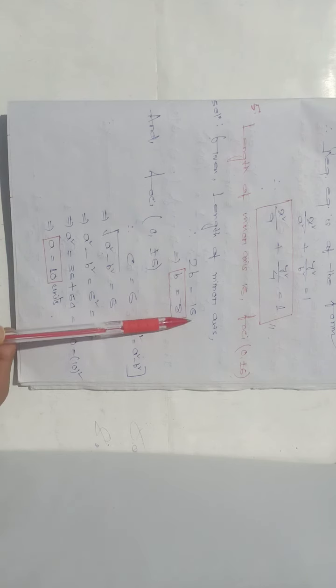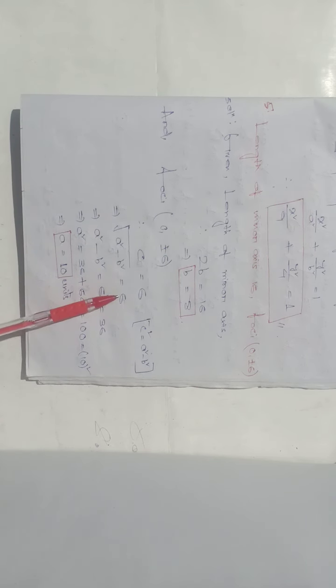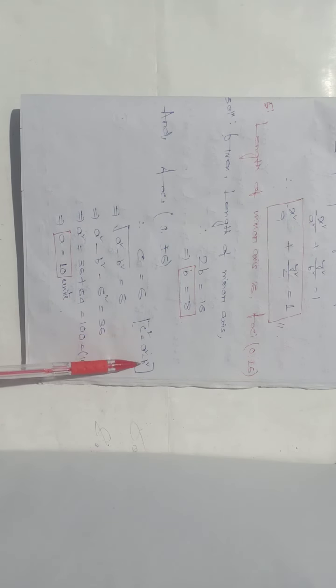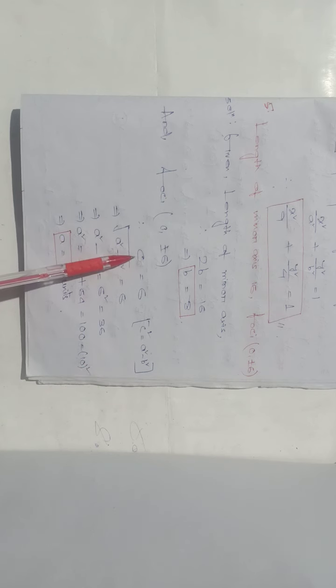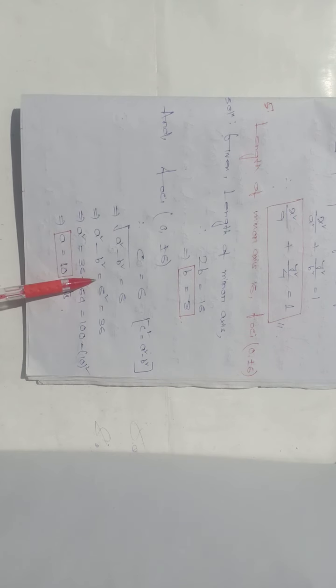So twice b equal to 16, so b equal to 8, right? And foci is given 0 comma plus minus 6, that is c is given 6. So we have a result c square equal to a square minus b square, right? So c equal to root over a square minus b square equal to 6. So a square minus b square equal to 6 square, is 36, right?